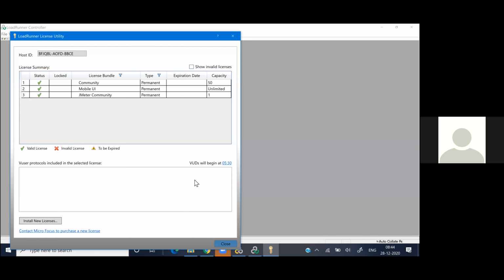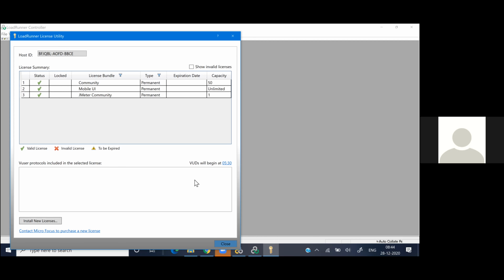You don't have any expiration date, right? That means there is no time limit as well. Is it clear? There is no time limit for this trial version. Some software will have a 15 days trial version or a 1 month trial period, right? But this you will get for a lifetime, free. Clear? Is it clear, guys? Yes.